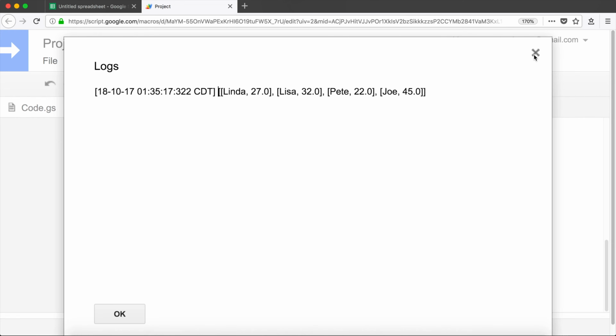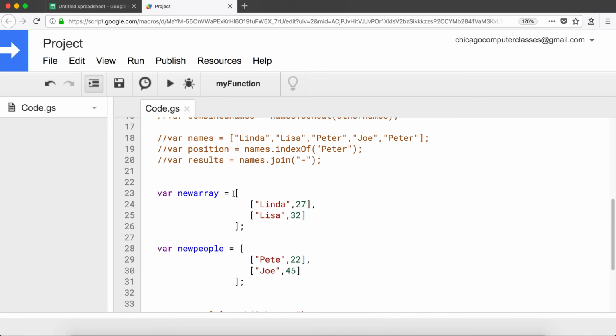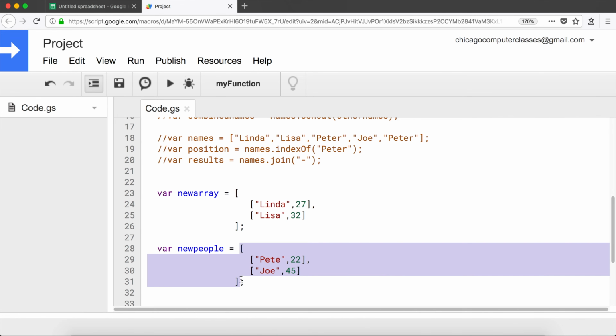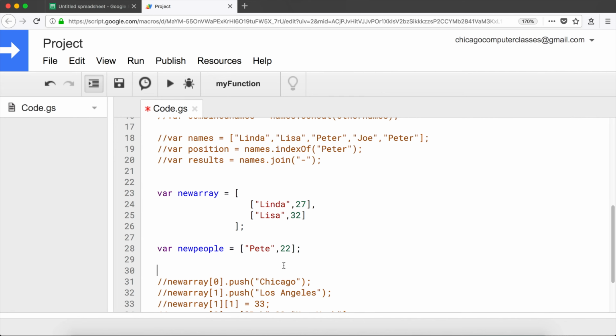Now when you're doing this, you have to make sure that if you're concatenating two arrays, they're of the same size and type. So see how we have this array that has this array in it. So basically we're going to take that and we're going to combine them. So this wouldn't work if your second array was just something that was like this. If I take that and I concat that,